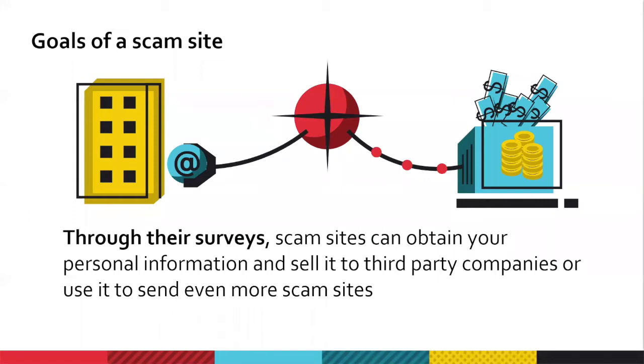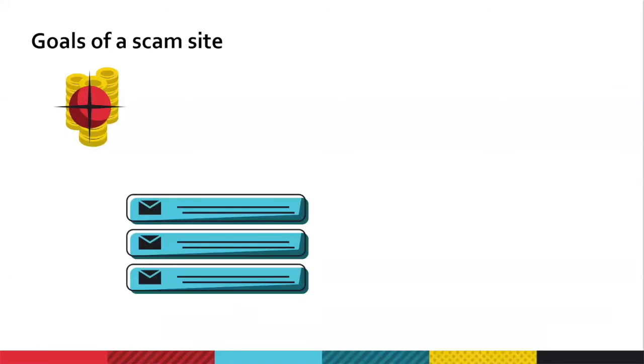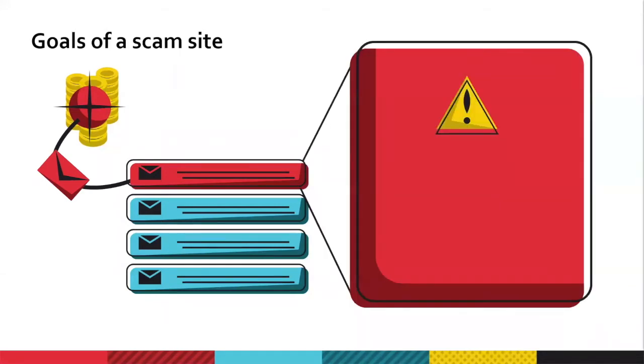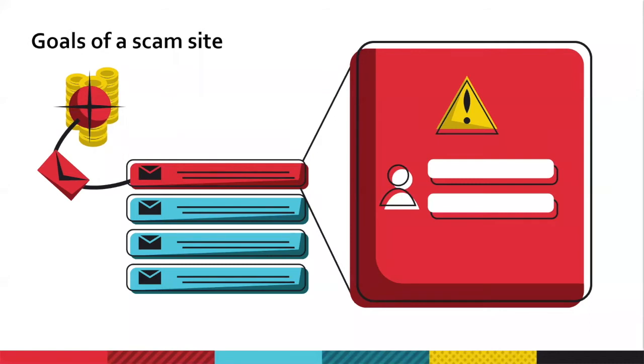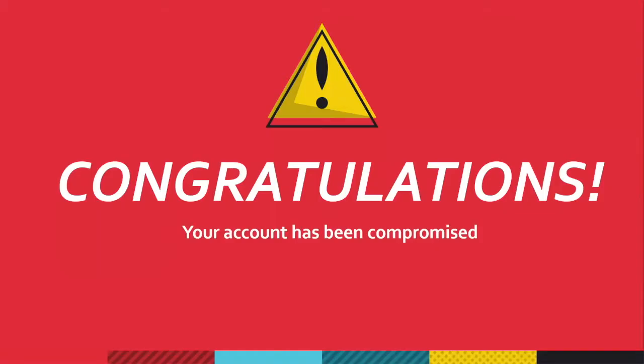Or, for another special example, say you stumble into a scam site and you have a bunch of emails in your own email account. Then if you go into the scam site and give in to it, you might receive a malicious email. That malicious email would say, for example, your account has expired, your password is going to expire. Then you open the website and it says that you need to type your own email address and password. So you type those and then you click submit. All well and good, right? Congratulations. Your account has just been compromised.